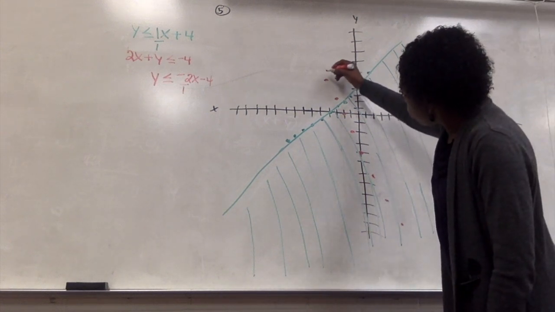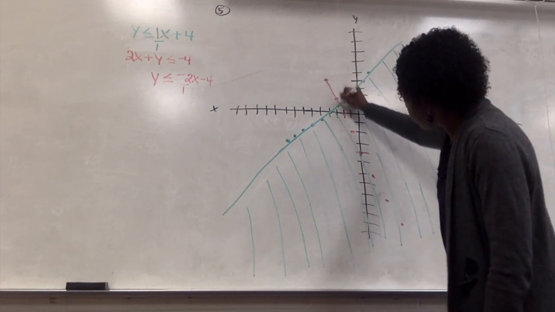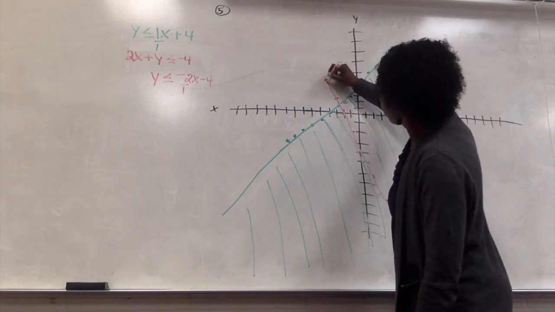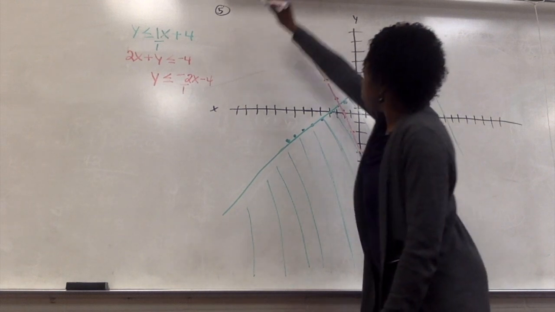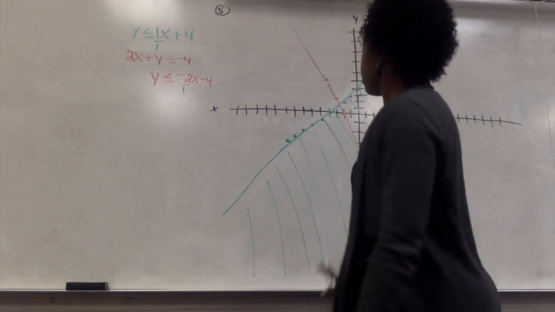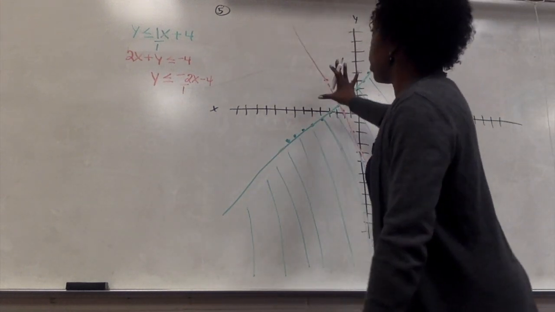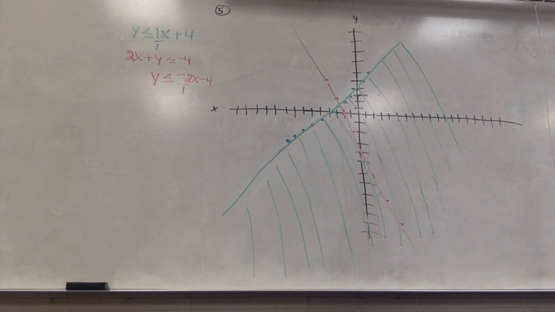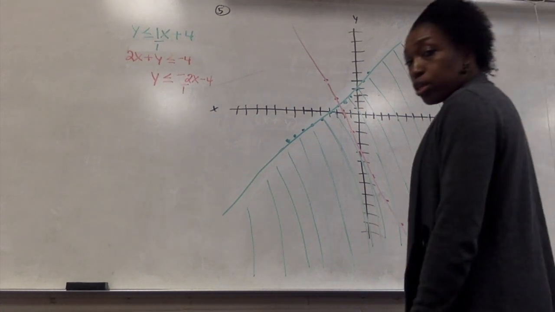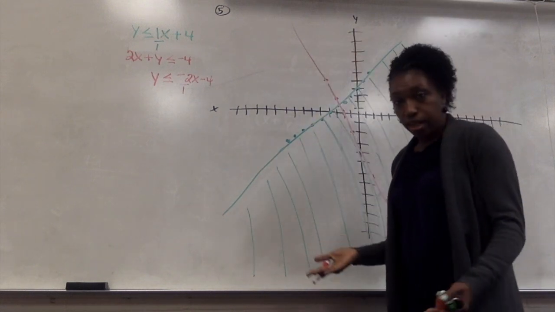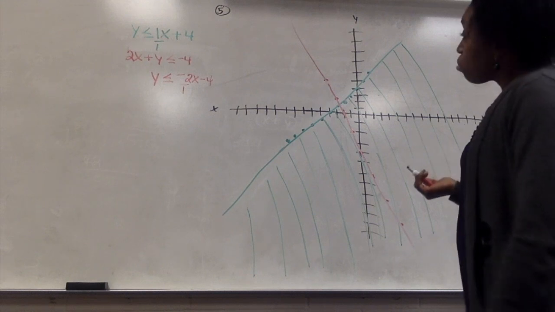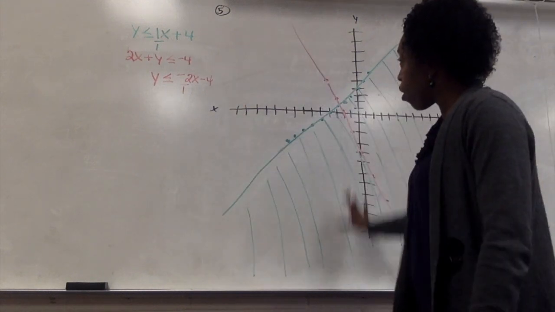So I'm going to now make a solid line, and I'm going to extend it up so that you can see the whole line and that it covers all of your coordinate plane area. Now it says less than, so that means it must also include all of the points below it. Less than means below, greater than means above. So I'm going to have to also shade in all of the points that are below,